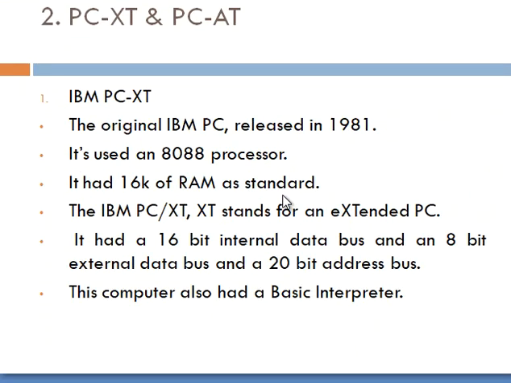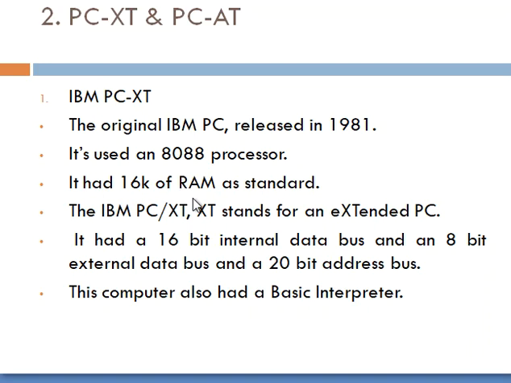Next one is the difference between PCXT and PCAT. The full form of PCXT is PC Extension, and PCAT means Personal Computer Advanced Technology. Initially, Intel made the first processor for the PCXT, the 8088 processor. This was the first invention, in 1981. Everyone knows the speed is very low, the data transfer rate is very low, and it's just the initial part of the processor.